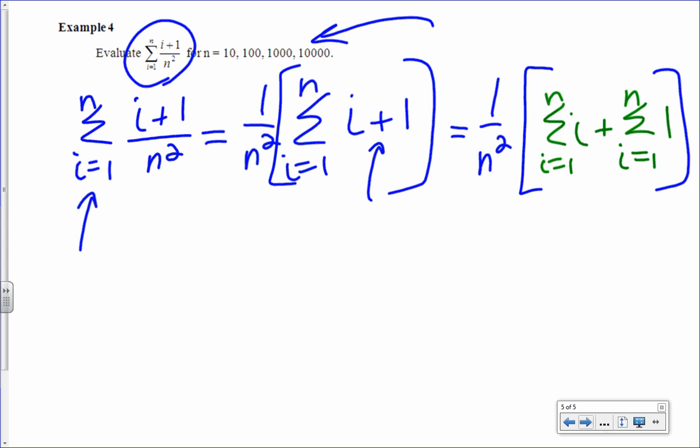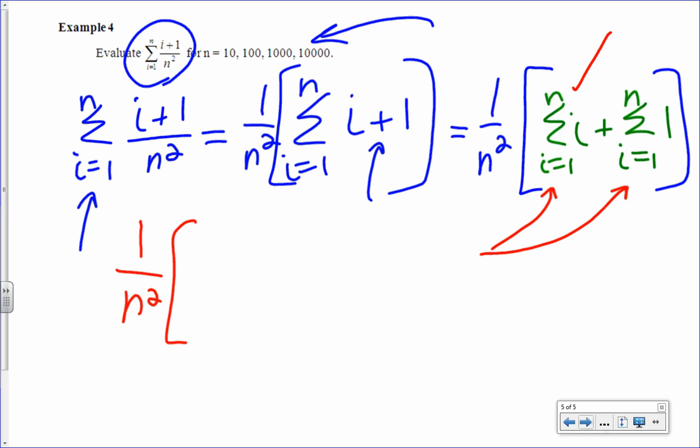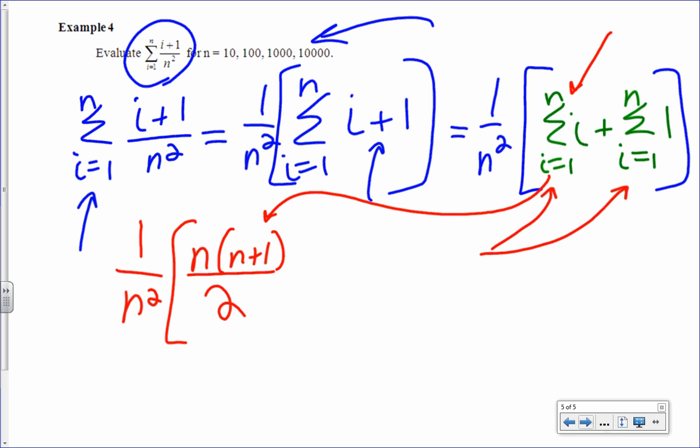Well, we got this 1 over n squared kind of hanging out here, and that's doing just fine. Do I know either one of these over here that are written in green? Do we have rules for either one of those? We do. In fact, we have rules for both of them, right? So this rule, the one on the left, is the one we just used in the last problem, isn't it? That's exactly the one we used in the last problem, which is n times n plus 1 all over 2, right? So is everybody clear that this one in green here is turning into that, and that's just going to give me the sum flat out. No other work, right? Plus,